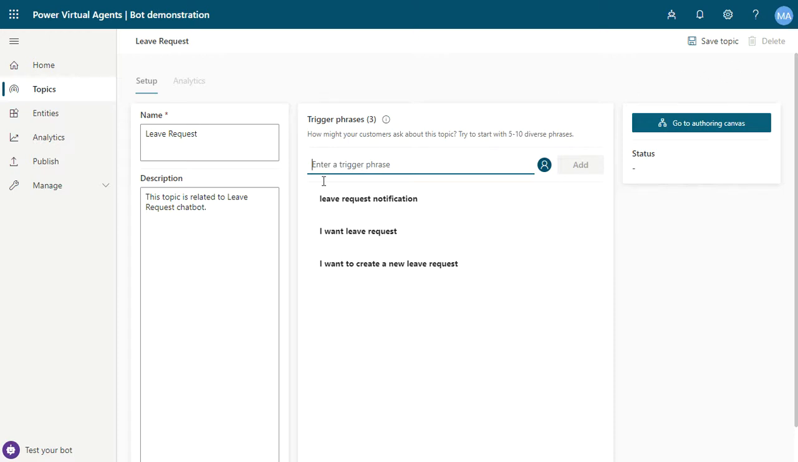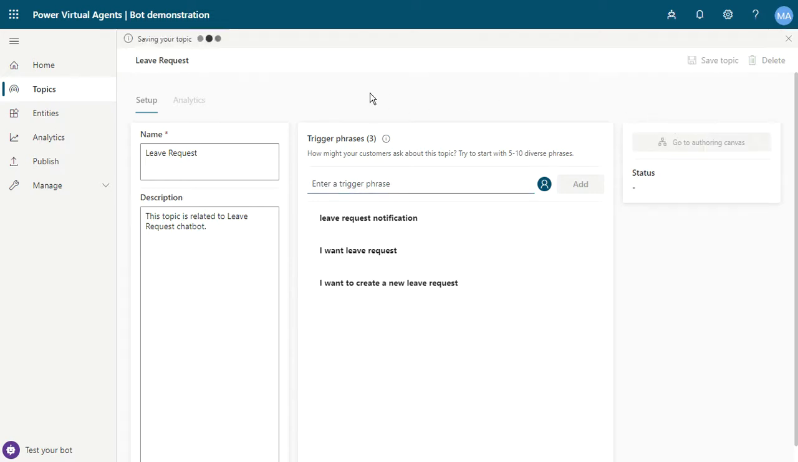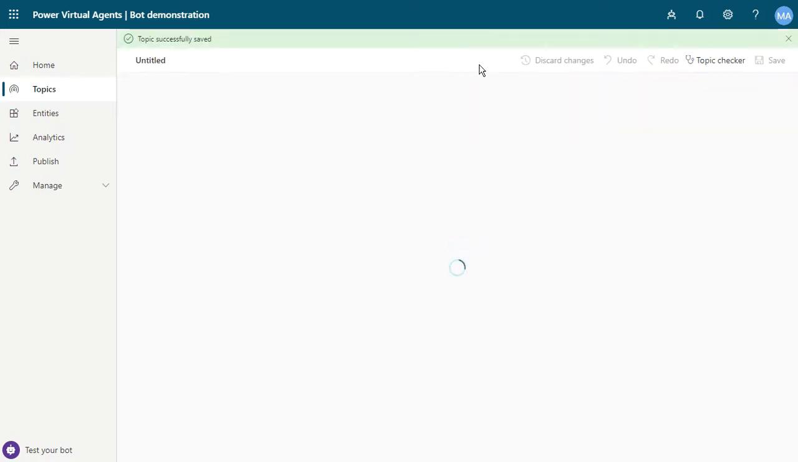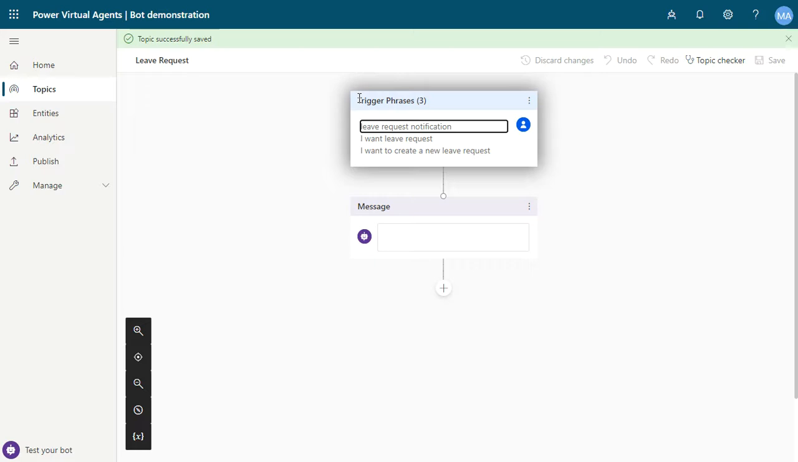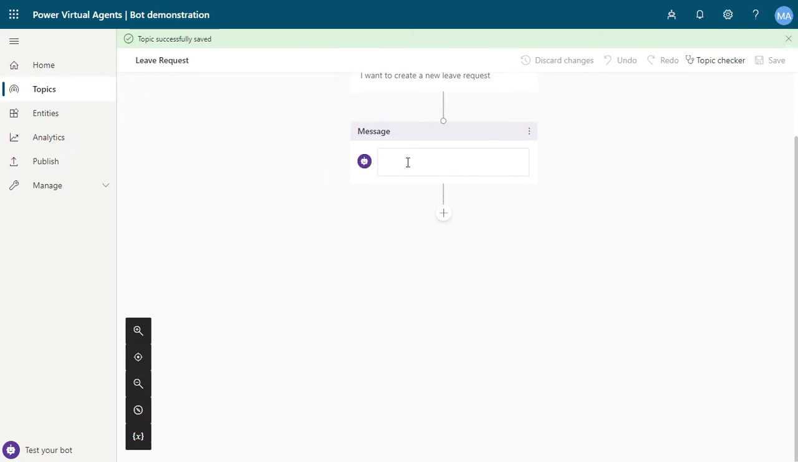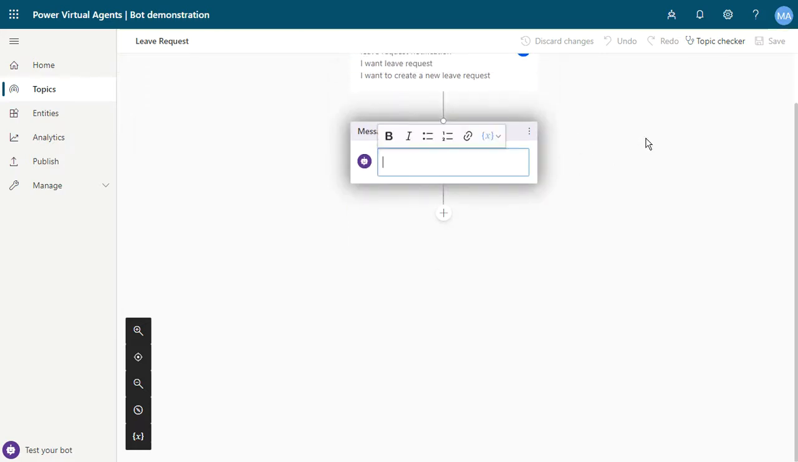And just after you create some trigger phrases, you click go to author in Canvas, and the topic will be saved, and automatically you can see the topic here. Now you are inside the topic. You can see the leave request inside the trigger phrases, and you can create a message. It's a sample, like, hi, leave request topic,